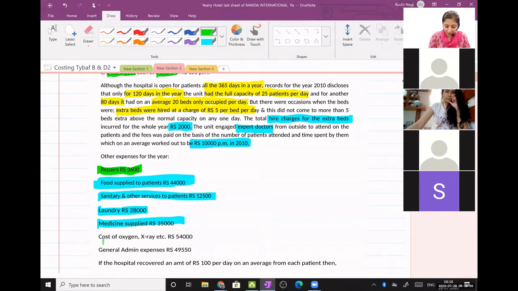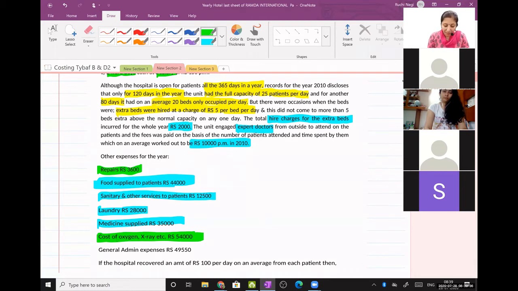Is that clear? If anyone is admitted in the hospital and suppose he is using half a cylinder, they will not charge you half the cylinder cost. Obviously, they will charge you the full cylinder cost. It's not like, you have used only 25% of the oxygen cylinder, so we'll charge you 25%. It is not like this, because hospitals don't charge you on the basis of the amenities or facilities they give you. They charge you on the basis of the bed per day, and in that charge, all these things are included.